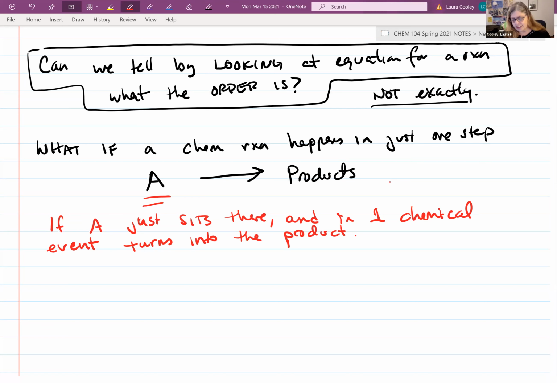If A just sits there and in one chemical event turns into products, then the more A you have there, the more of those molecules will have the needed energy to go over the barrier, right? Because the fraction of molecules that have that energy will be the same because the activation energy is the same. But if there's more of them, you will have more that have the ability to go over the barrier. So the reasoning here,